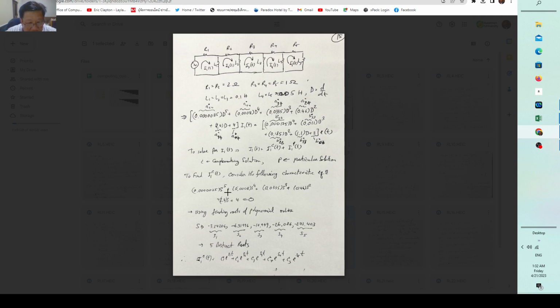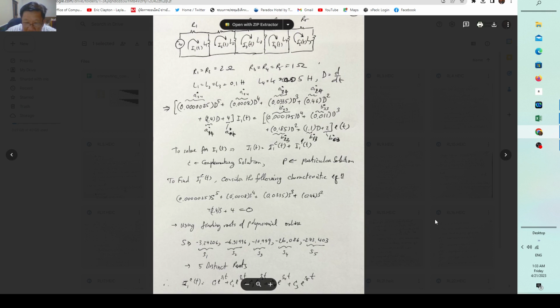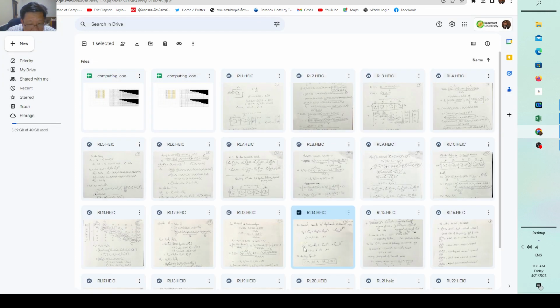In this case, it's very easy: just replace D by s, and you have a fifth order polynomial. Therefore, there exist 5 roots of the polynomial here, the possible 5 values of s. And you can see that I already found them for you. They are all real numbers: minus 3.24206, minus 6 point